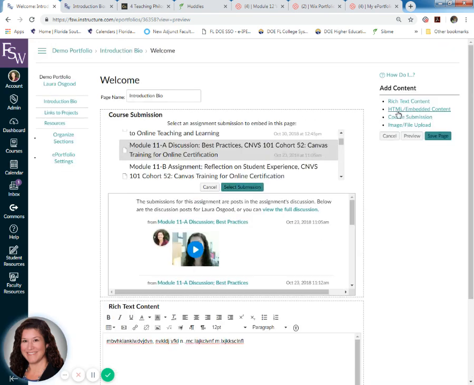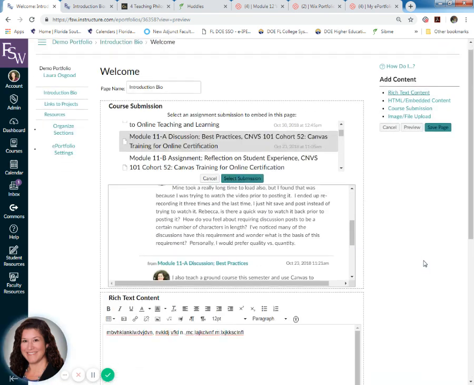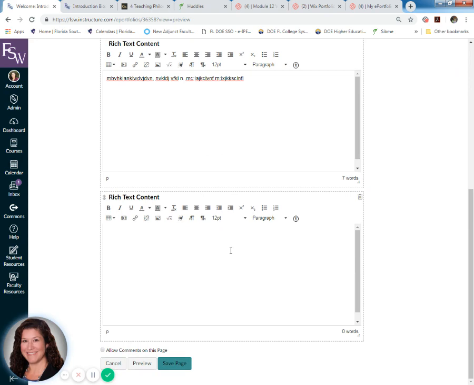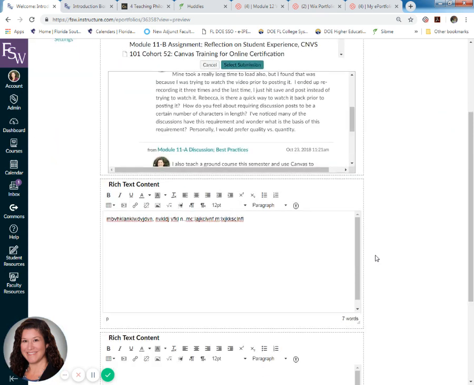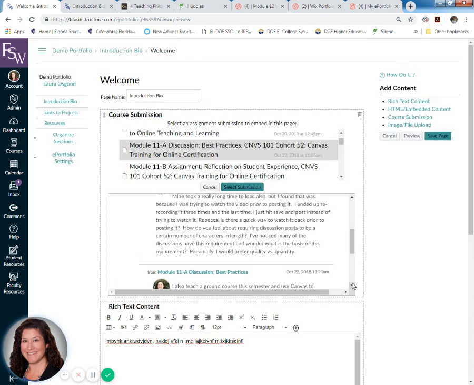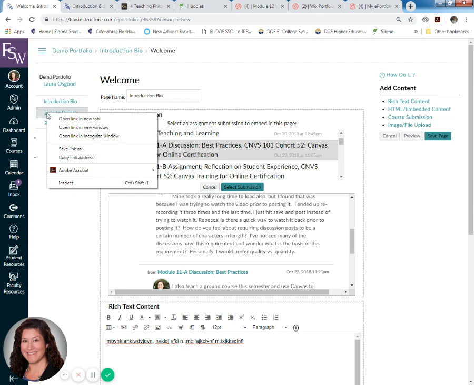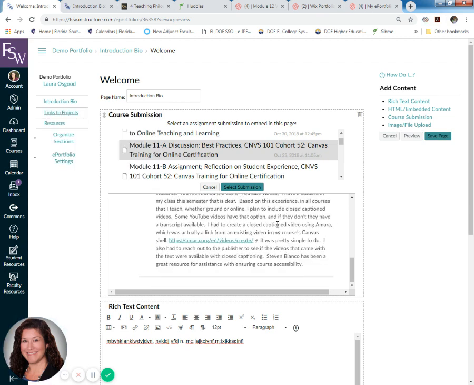We can add another rich text content because this is where your links are going to go. And to include a link to a URL, you're just going to have to find and copy and paste the links to your pages. So all you have to do for that, it's really simple actually, is right click on the links to projects link up here in the menu, click copy link address,